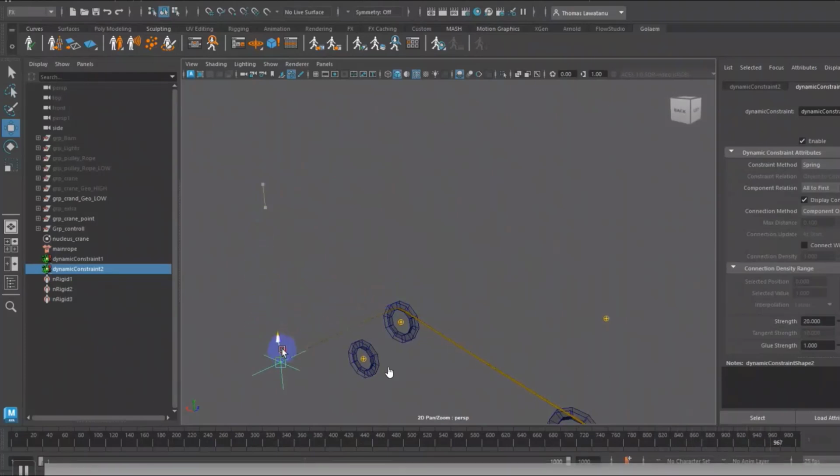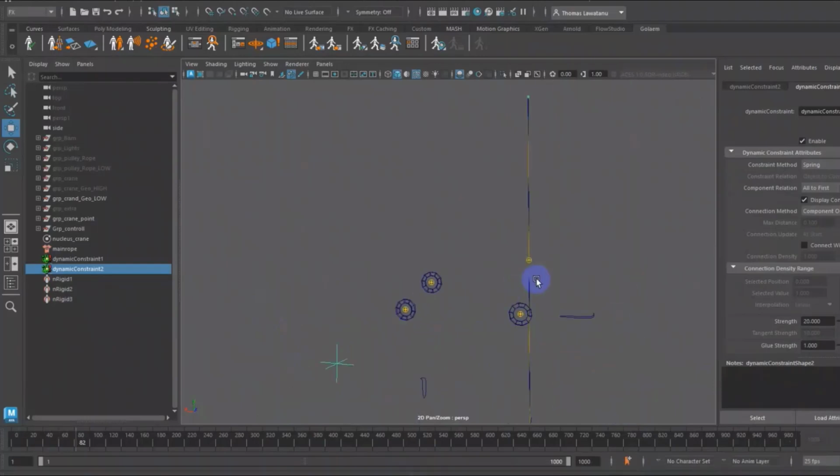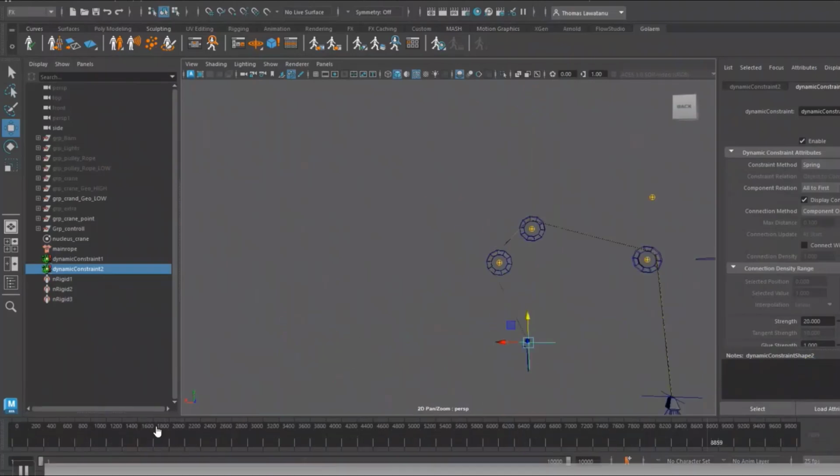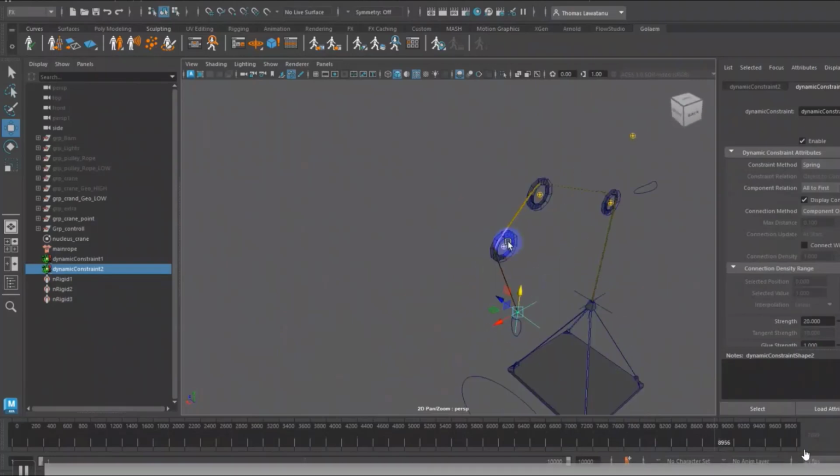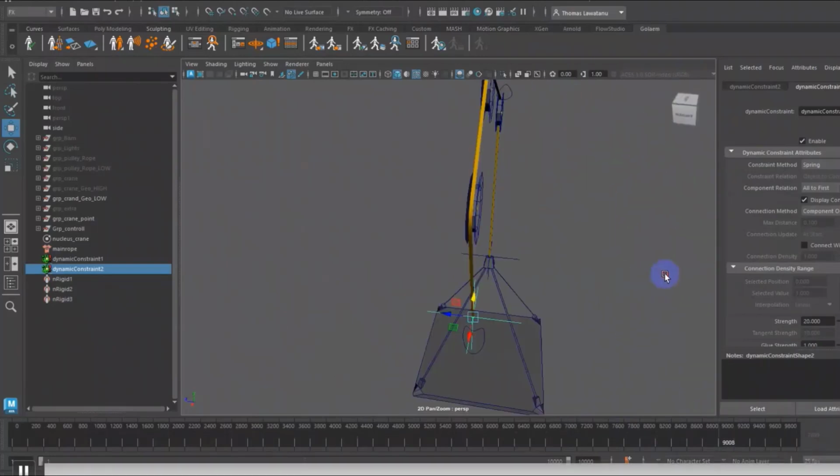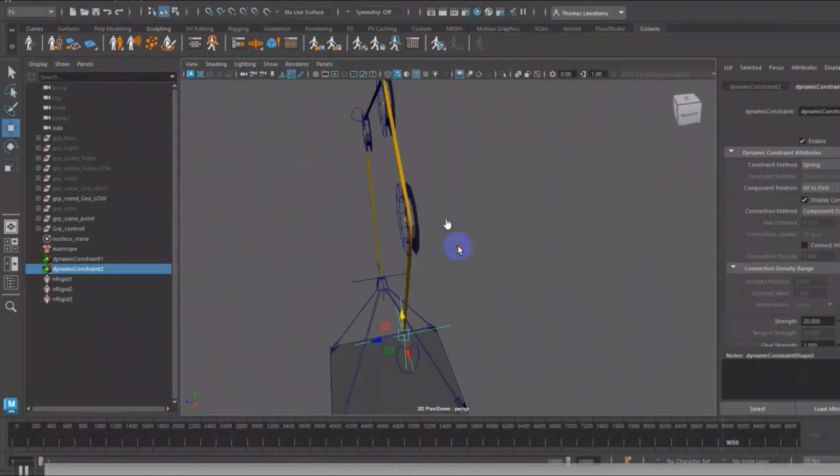See, this is tricky. You need to zoom and scroll up to see more precisely, so the rope lays down in the center of this wheel. That's why you need patience.